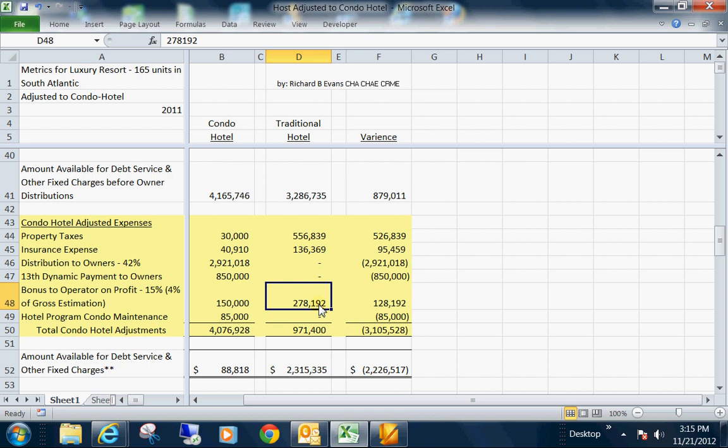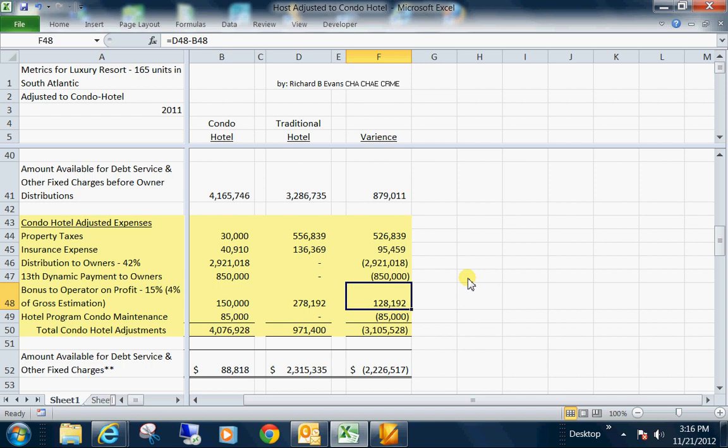What a hotel operator normally tries to do is provide the condominium hotel with additional fees based on gross room revenues. I don't like it, because we need to keep the operator focused on the bottom line. We need to let them know that we need to earn profit, and those profits are of course distributed to you, the owner. So we can see a difference here in the bonus that's paid to the professional hotel operator